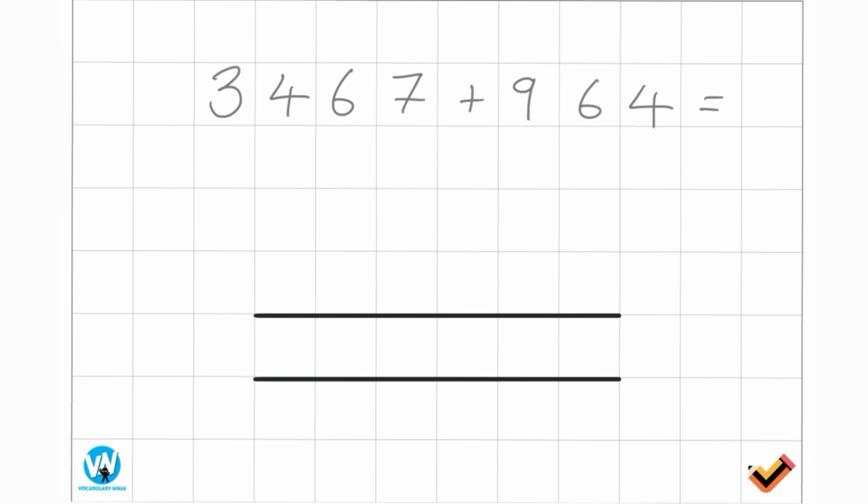So again, we're going to go straight into laying the question out. All right, so let's just drop that back, take a pen. So 3,467, add, and again I'm just going to work backwards to ensure that my ones align, and that means everything else is going to align. So we've got 4, 6, 9. All right, so at this point we've got 3,467 add